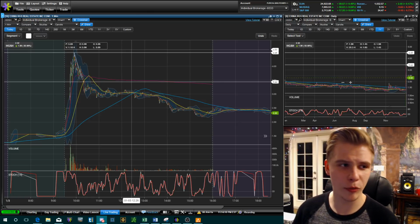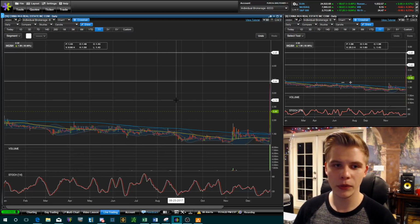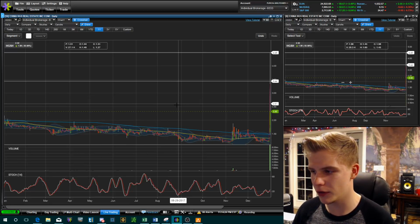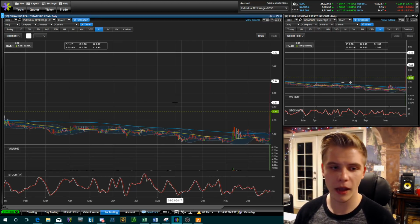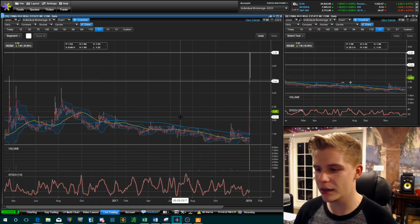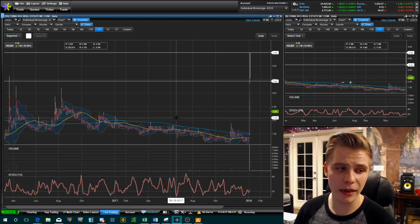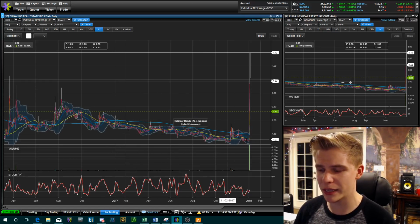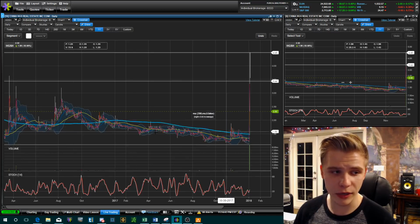Third thing is that we need to focus on the daily chart. This is one of the key things with finding these low float huge runners and knowing that, okay, this is going to be a big runner. One of the key aspects of every low float spike that I've seen is that their daily chart is relatively flat. You can see that